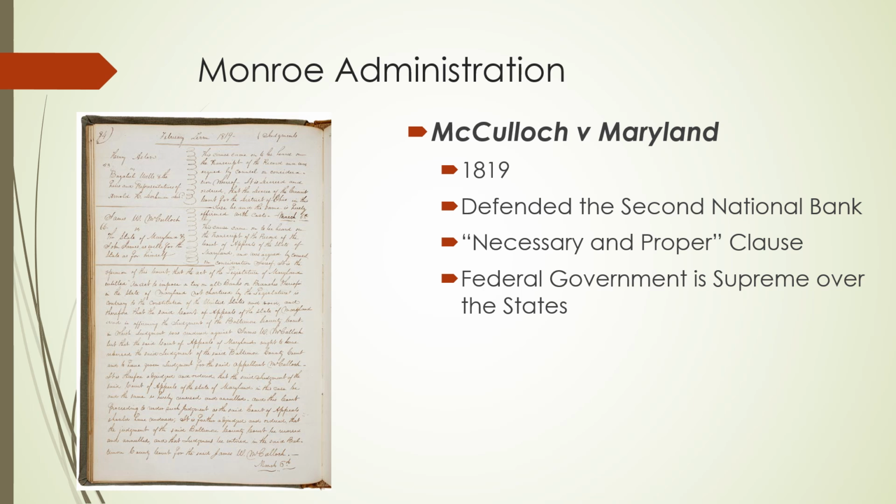So basically the Supreme Court is saying that banks are not in the Constitution. Okay, everybody agrees with that. However, there are things in the Constitution that are explicit responsibilities of the federal government, and therefore the federal government can do whatever is necessary and proper to fulfill those responsibilities, and therefore this bank is necessary because it allows the U.S. to fulfill the duties that are explicitly listed in the Constitution. Okay, so that's very important. We call this the necessary and proper clause.